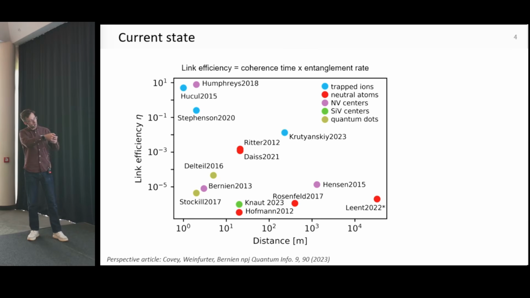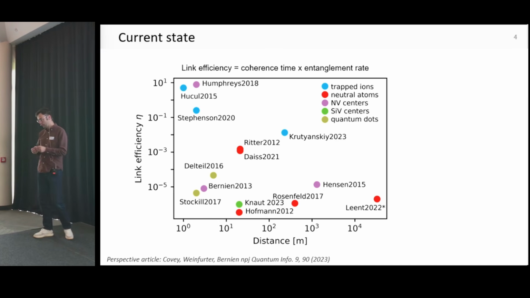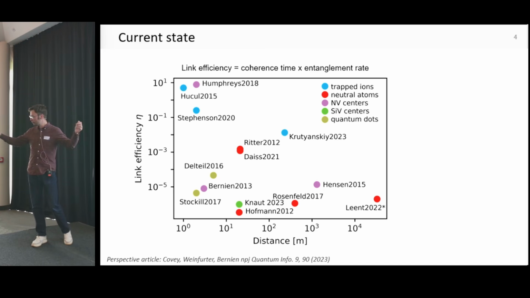Of course, as the distance goes up, photons get lost, your entanglement rate goes down, and this link efficiency goes down. Another takeaway from this plot is that quantum networks is a really exciting field to work in. You see there are many different platforms that have done distributed entanglement: NV centers, ions, neutral atoms, silicon vacancy, quantum dots, now even rare earth ions in crystals. A second takeaway is that all of these experiments were just performed between two nodes. I think that really characterizes the state of the art. It's still prototype networks with a single qubit at each node and then two of these nodes.